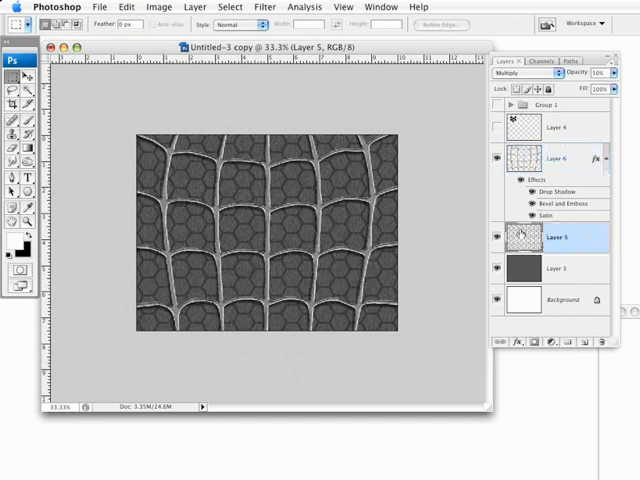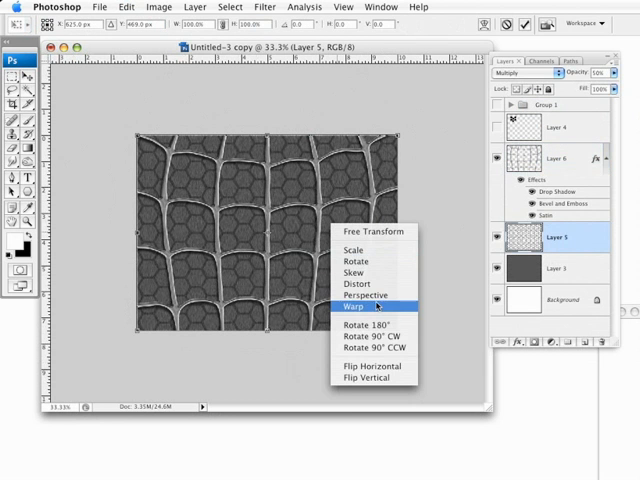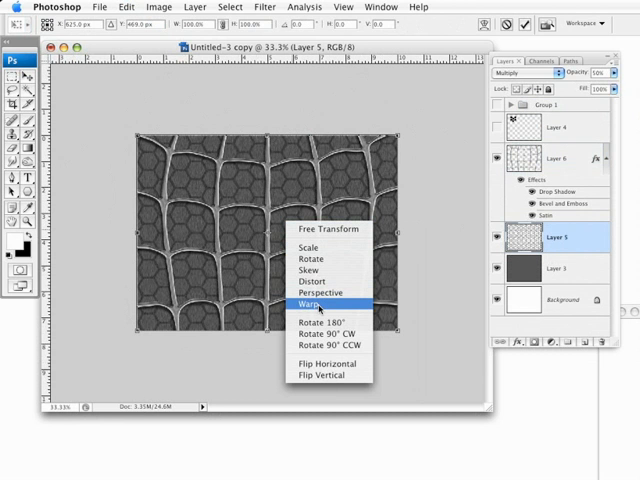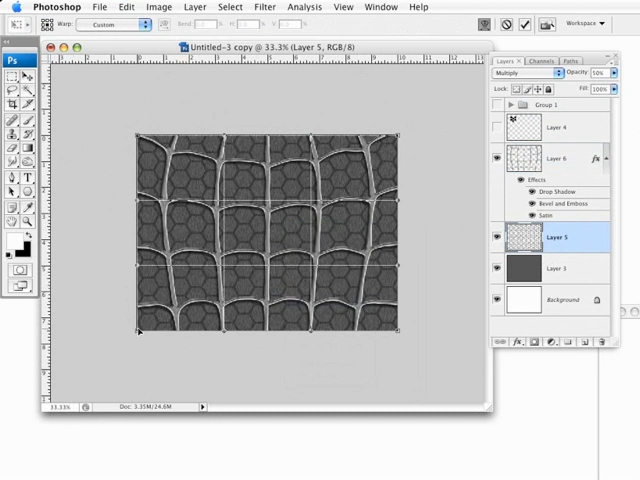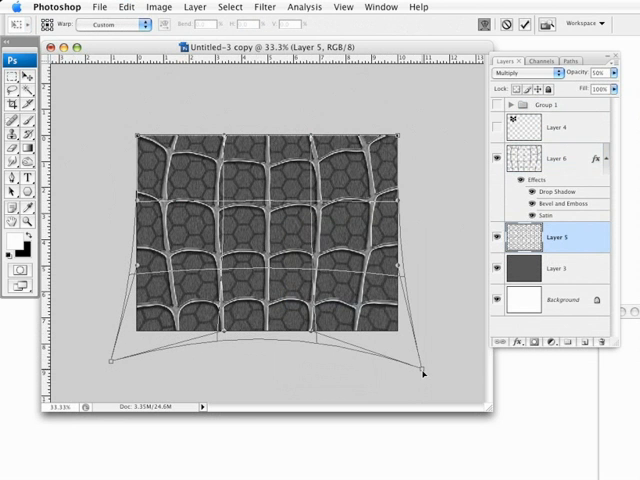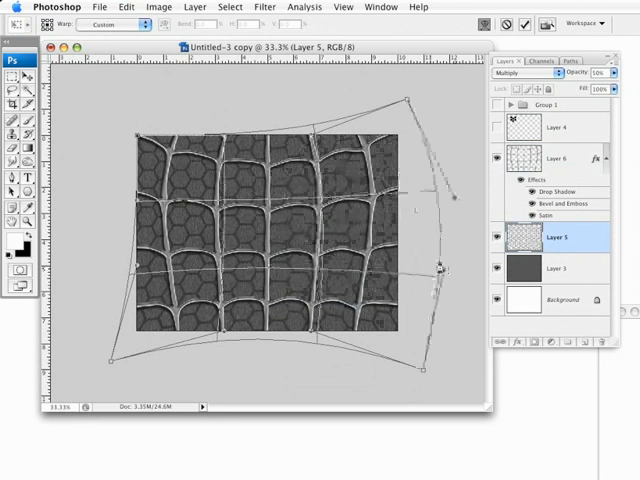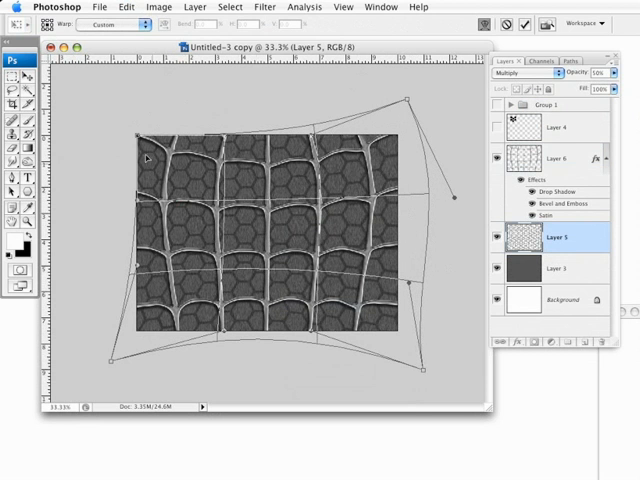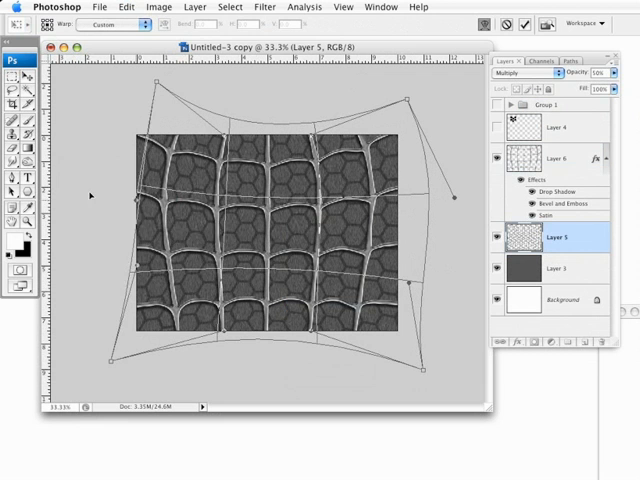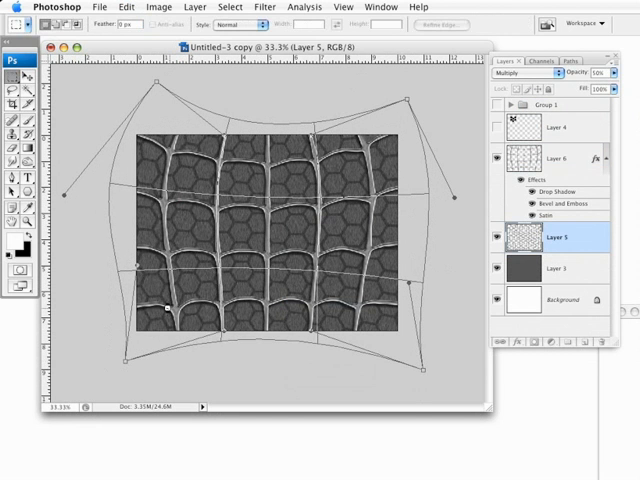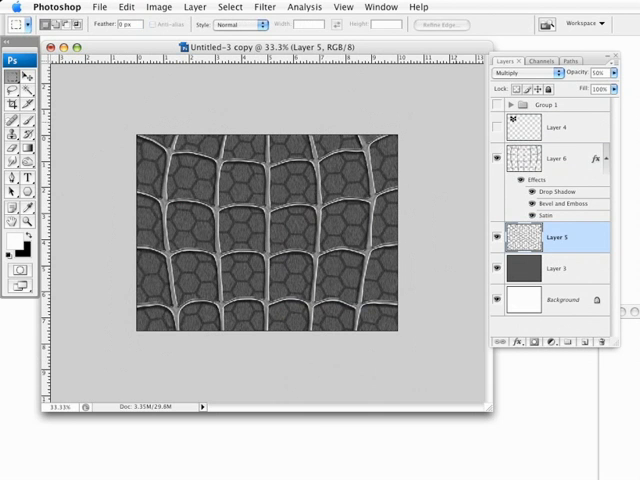And we'll do the exact same thing to that pattern that we created. Activate that layer, bring up free transform, control or right click on there to bring up the menu and go to warp. And we will manipulate this shape as well, just so it follows the contour of his chest in a way. And we'll bring that out here. Manipulate that around like that. Alright, so